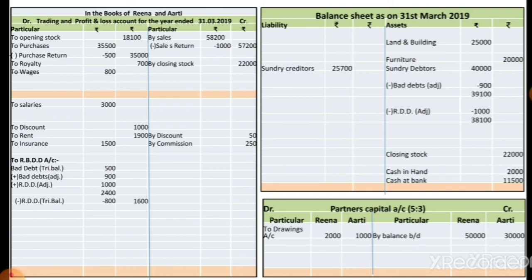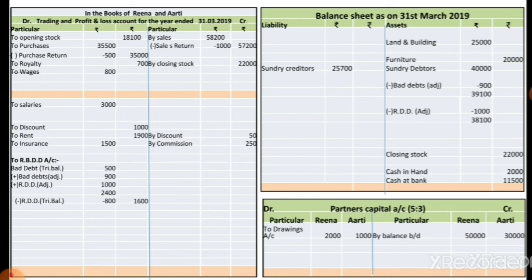So we get the balancing amount of rupees 1600 as a resource. Okay, so now here we completed the second adjustments, both the effects. Now we see the third adjustment, where we create a provision for discount on debtors. We already discussed that reserve for discount on debtors is a provision made for the discount